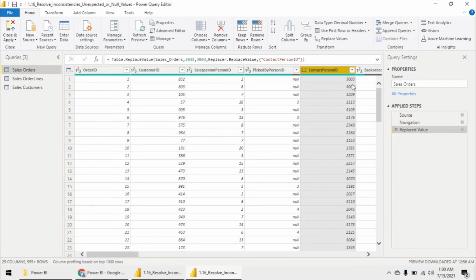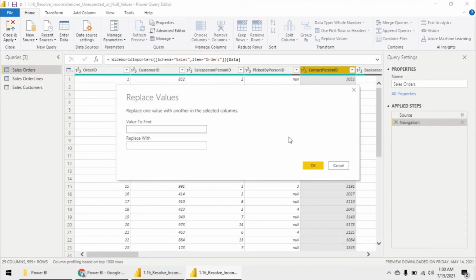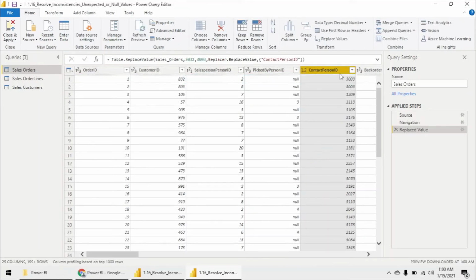A more practical example might be if we look at our contact person ID column. For example, if this contact person ID is no longer with our company, we may want to assign a rule to replace that non-existent contact person ID with someone who is still in our company. For example, let's say that this contact person ID 3032 is no longer with our company. We want to replace all orders with that contact person with another contact such as 3003. So we can do that by replacing values, and we just replace the 3032 with